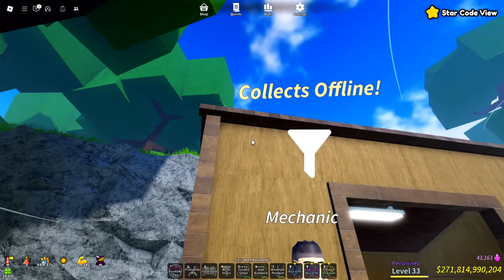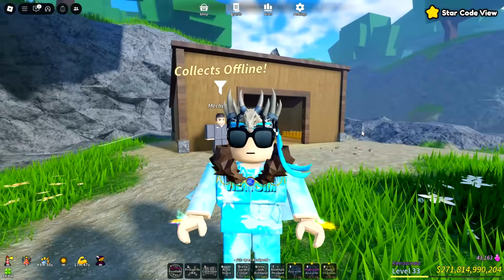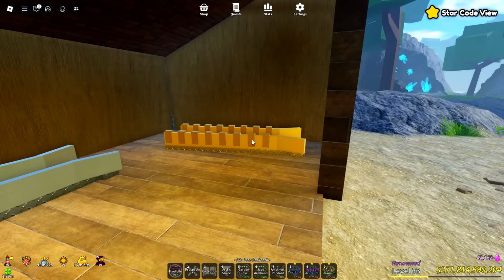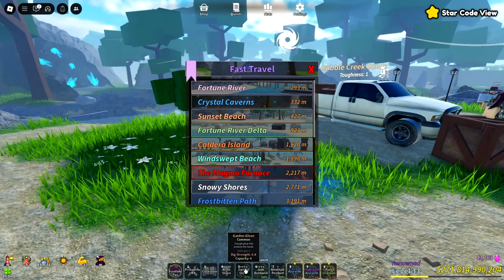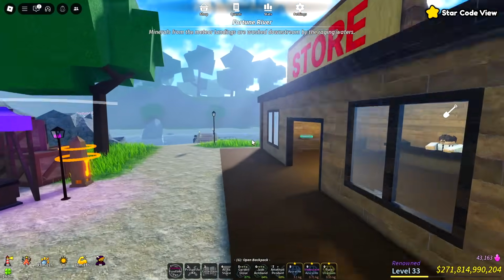Now, of course, you might as well place down your sluices as well. To be honest, I always forget to use my sluice, but you might as well do it because, look, sluices collect stuff offline, which, by the way, these are the beginner ones. I wouldn't recommend using these, unless that's the most you can afford. But definitely use a higher one, either the fossilized one or the dragon flame one or even the Arctic one, which is obviously the best in the game right now,